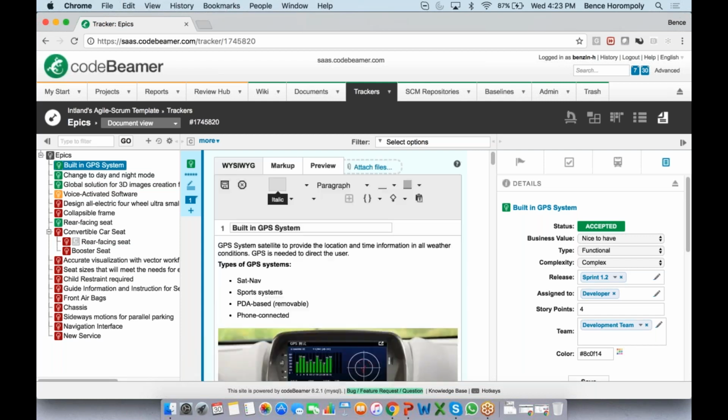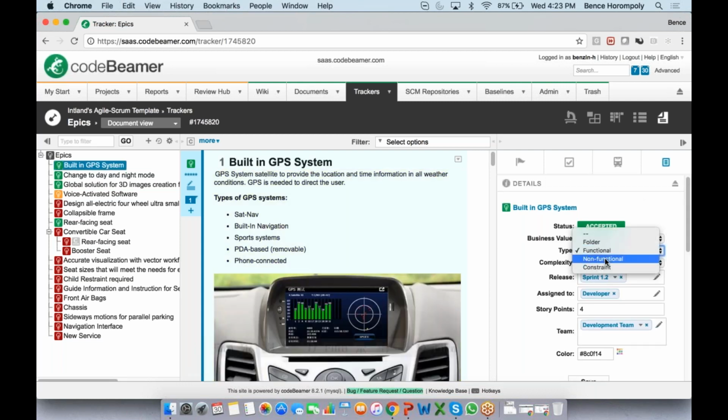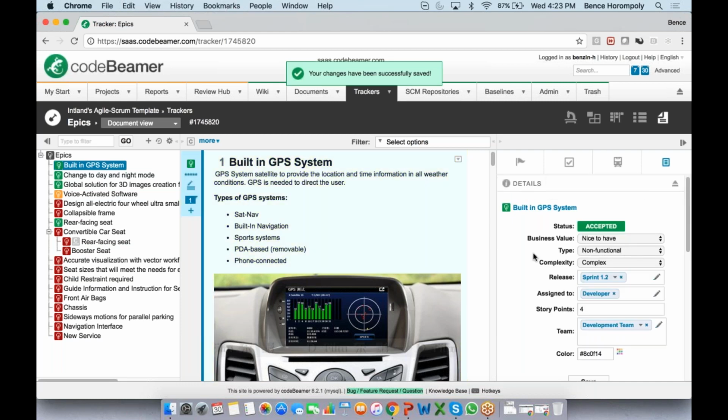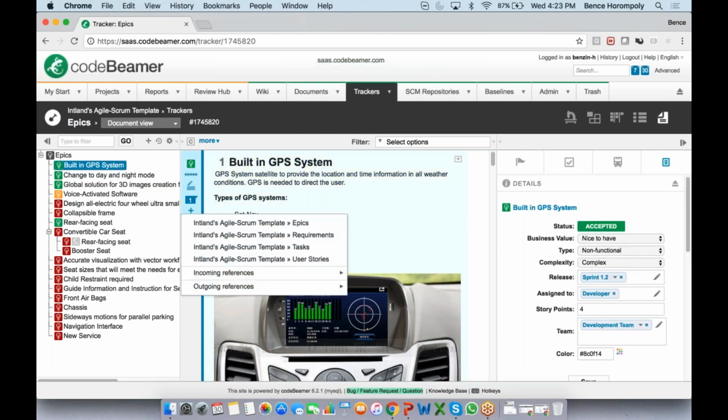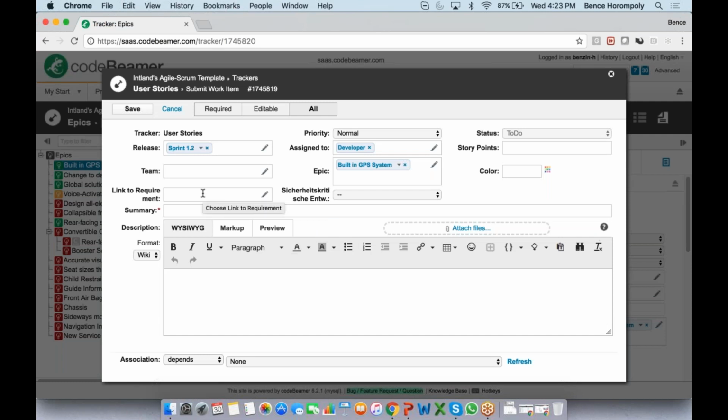And then I can just start working here in the system. I can add changes if I want. I can change text here. I can change properties here. I can assign this to people and things like that. And then I can also derive a user story, for example. If I click on this plus sign, I'm going to derive a user story from this epic, and that will then create an item or a user story in the user stories tracker, and through this epic field that is also automatically linked upwards to the epic that I'm deriving it from.